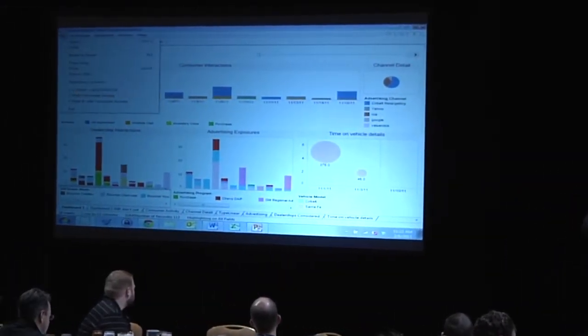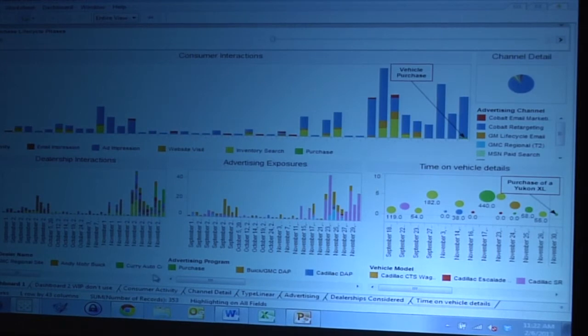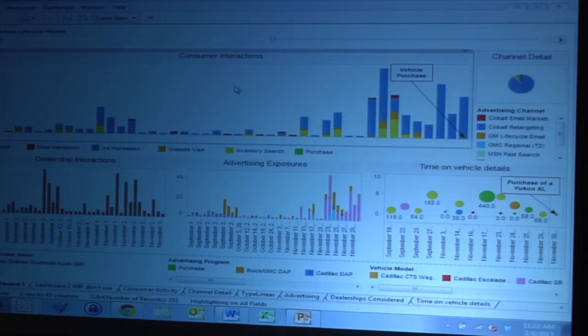And when I saw this tool up in Seattle, I was like, wow. Imagine being able to look at a specific consumer and see every click they took. The thing that was really amazing to me was how important retargeting and display advertising was during that journey, and being able to see that it's not a straight path, to see how many different media types and sites they visited. And I know the graphics may not be easy for you to read, but Chris will walk you through. This is the level of granularity Cobalt's data tools have to see effectively what is working in any market